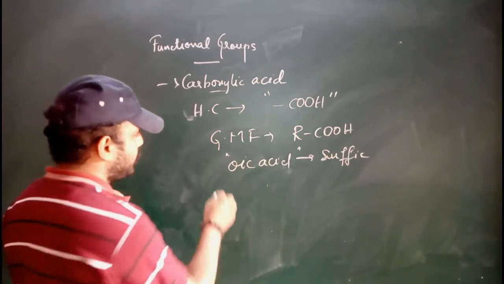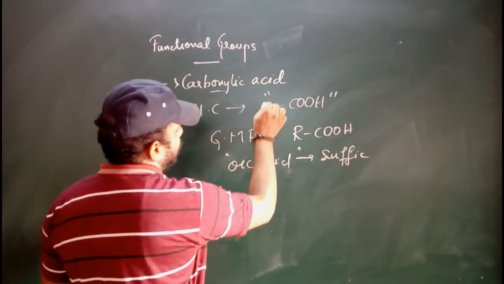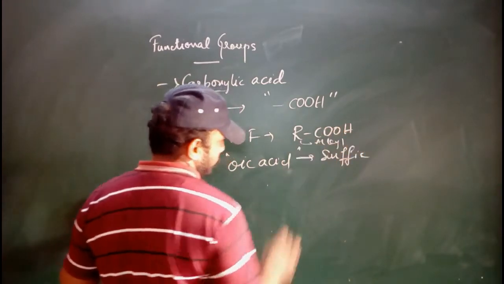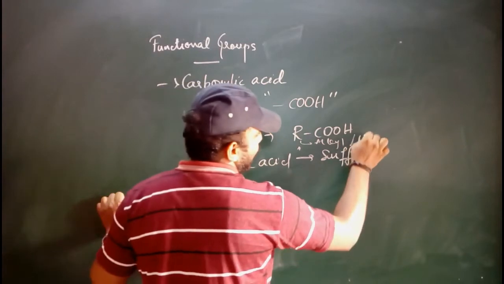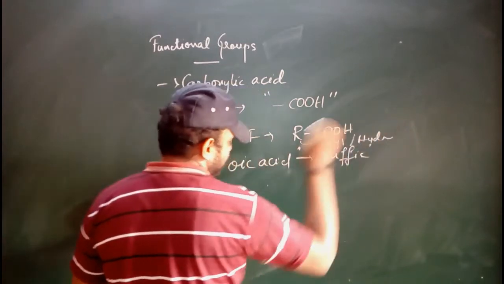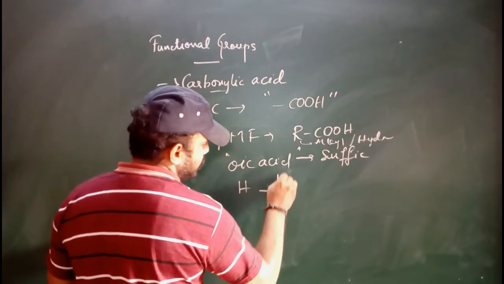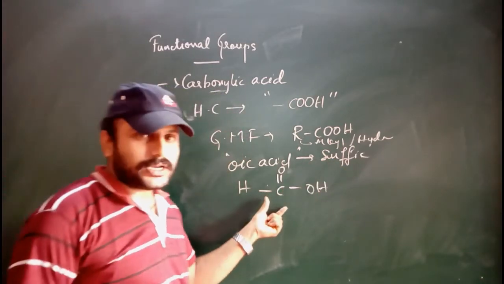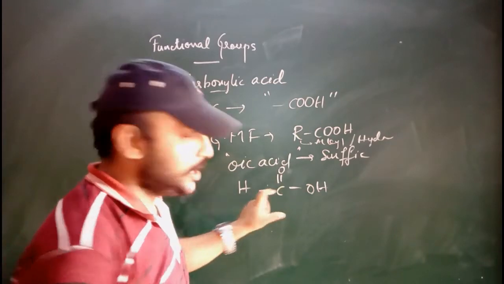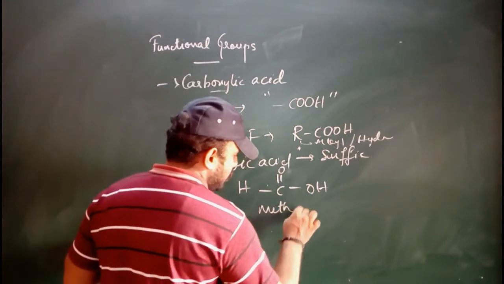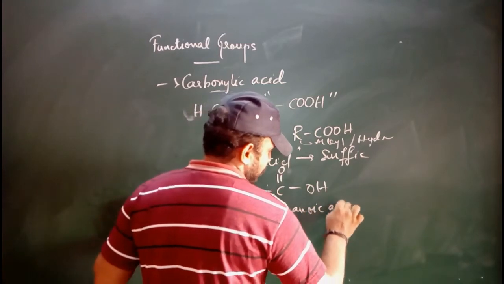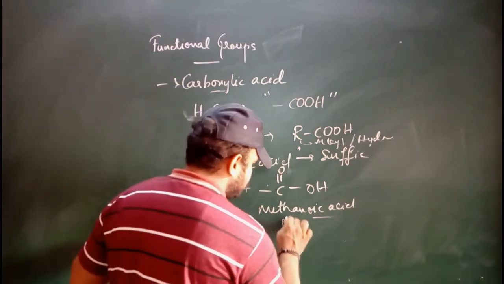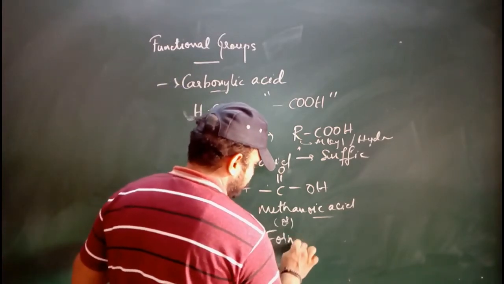Like if I take here, what is the general molecular formula? You can write RCOOH. R will be what here? R will be an alkyl group, okay, or hydrogen also we can take. If you are taking hydrogen, HCOOH. Okay, since it contains only one carbon, it is called as what? Methanoic acid. As I said, oic acid will be added to the end of the name of compound. It is also called as formic acid.